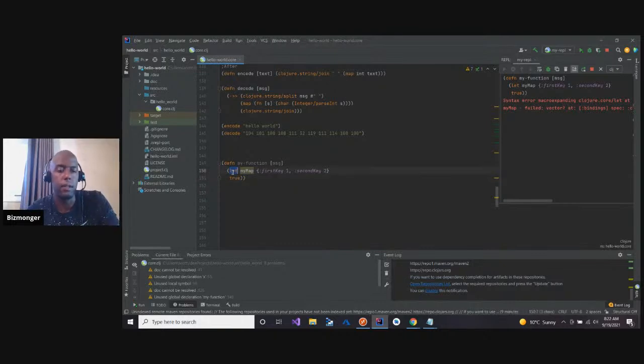If I say def map shift Alt P, it doesn't like that. What am I doing that's not right? Hold up.